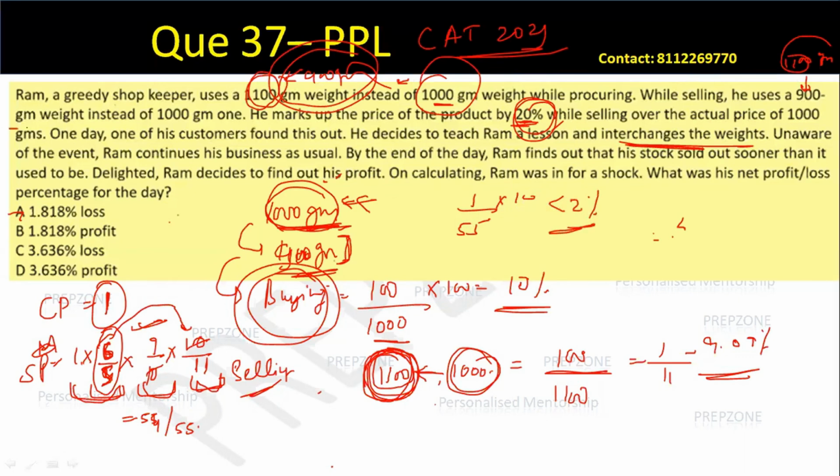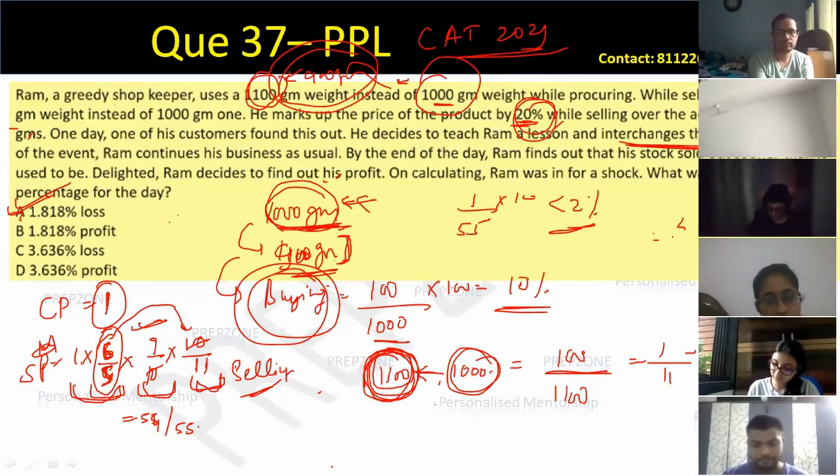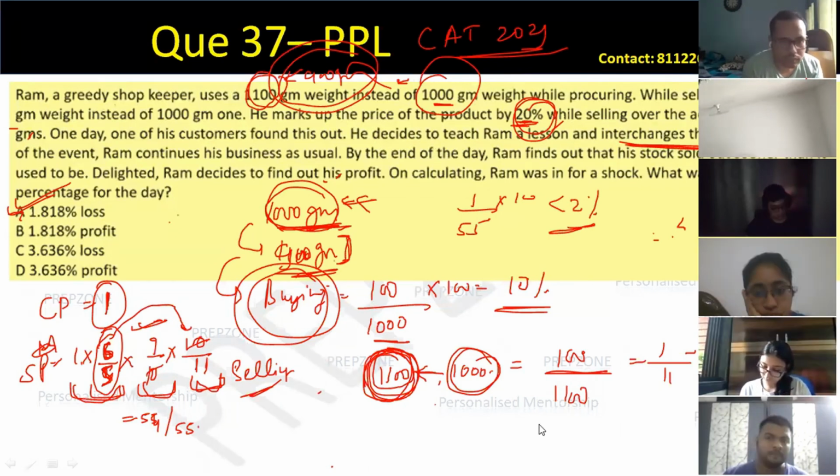You have only one option which says less than 2%. Hence the answer is C. It was just these two expressions: how much is the loss at the time of buying, how much is the loss at the time of selling. That's it. So yeah, I think with this we have finished